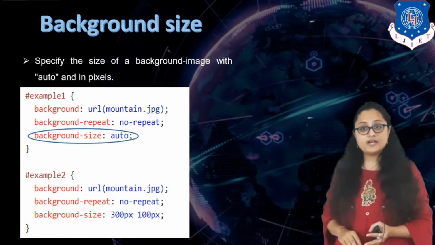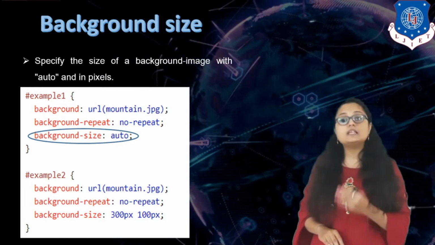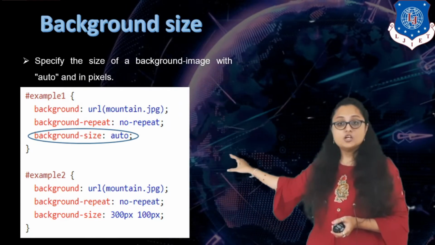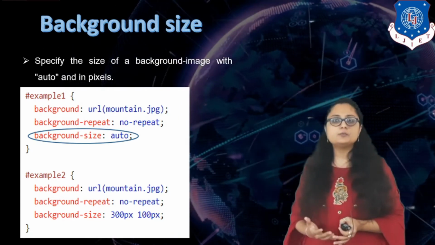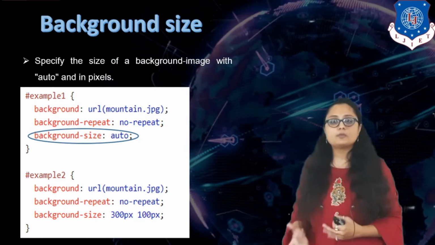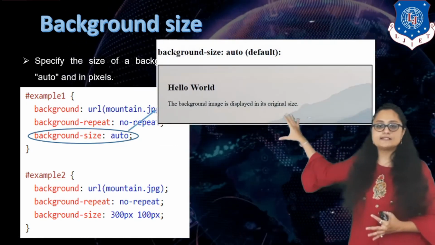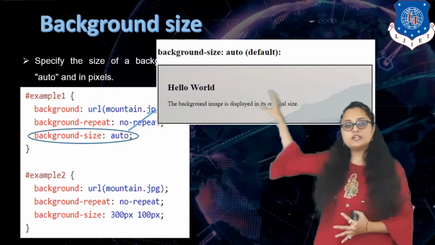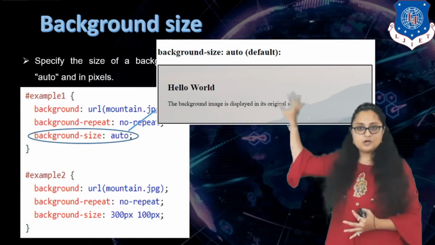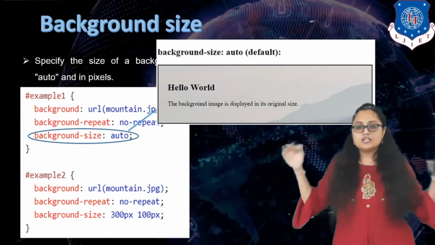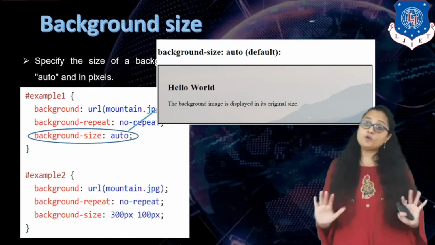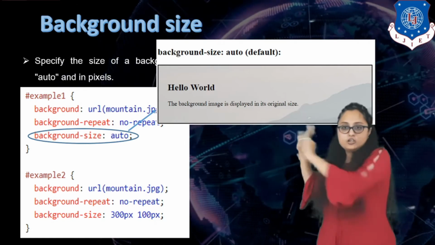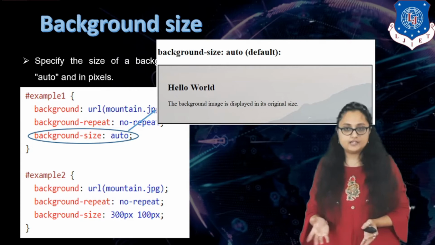So here I have already specified the background image, and for background-size you are specifying auto. Auto means it will take the automatic or default size of the image. For example, you can see that there is an image which is covering my browser window, right? This is a mountains image, it has been stretched, it is not coming properly because it may be a larger image, and I have set it to the automatic default size, right?